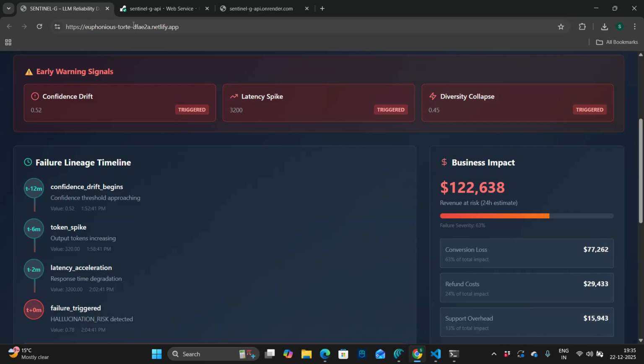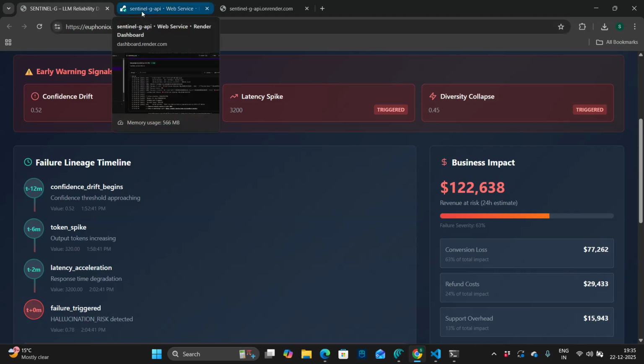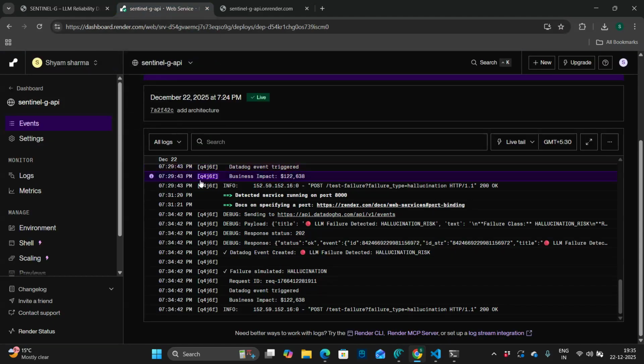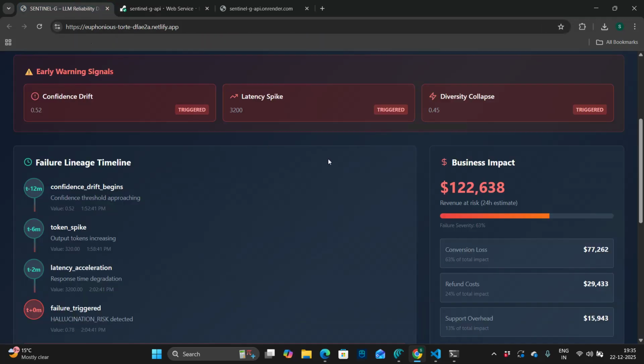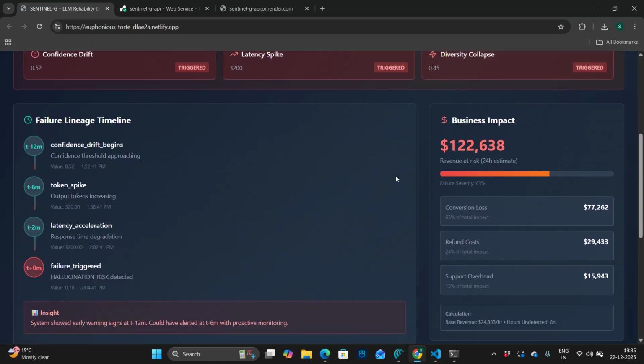I'll show you the backend logs for the same, which sits on the Datadog pipeline as well. As you all can see here, the Datadog event is created and the ID here is visible as well. Now back to our presentation,